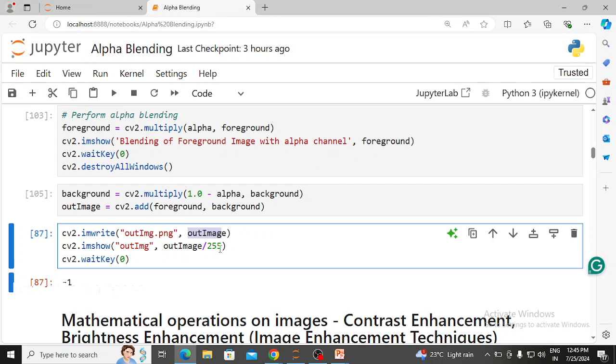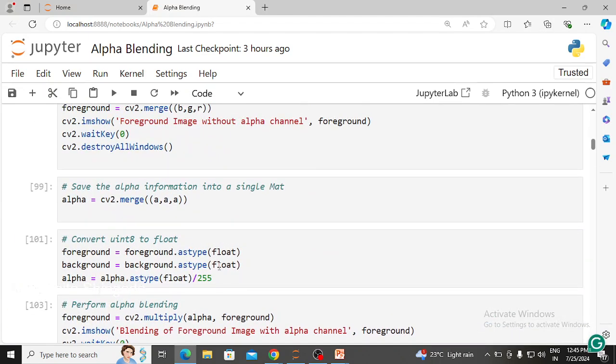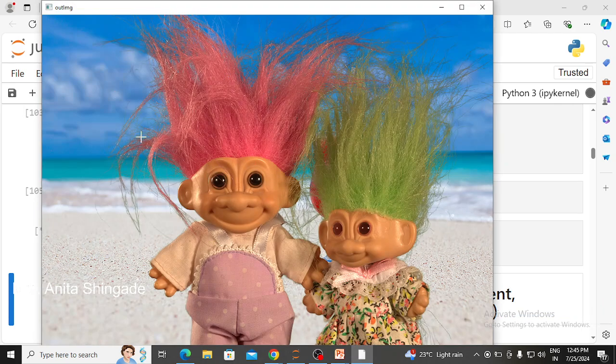Here the image is again normalized by dividing by 255 to convert all the float values back to the range between 0 and 1, because earlier we converted our values into float. So that's why we are again doing this, remaining as it is, in the range of 0 and 1. After that cv2 dot waitKey. This is a function that waits for a key press to close that window. So this is all. Now again I am running this. So you can see this here, you can